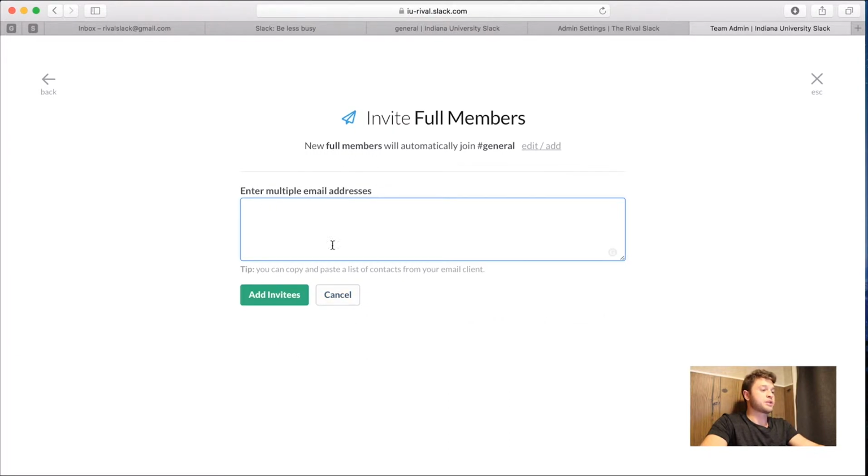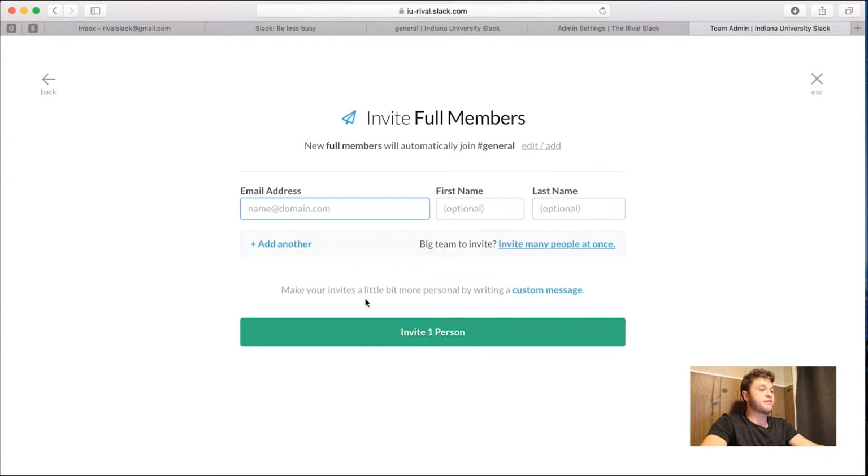So once you actually write down emails and you hit add invitees, it will send them invites and they'll be able to follow the steps that you've just followed in order to join both your team Slack, your school team, and the rival team. In order to see if people are actually joining or not, right, you can hold people